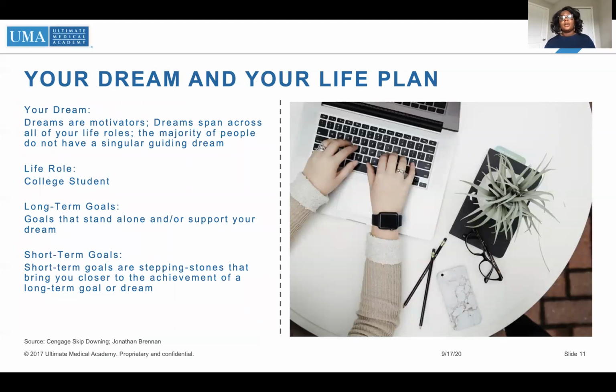Now, when we think about motivation, one of the things that can really motivate us is when we see the big picture. When I think about even my own life, I think about everything that I do every day. Every day I do something, whether it's around teaching or connecting with my community or connecting with my friends. And every action that I do is a part of a greater life plan that I have for myself. And so when you have a big picture of what you want your life to look like, everything that you do on a regular basis, you feel motivated because you know that one day you're going to be able to